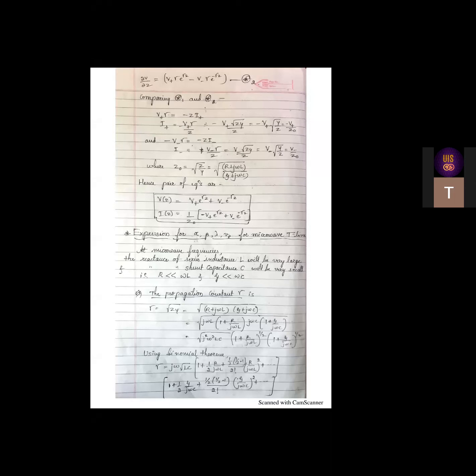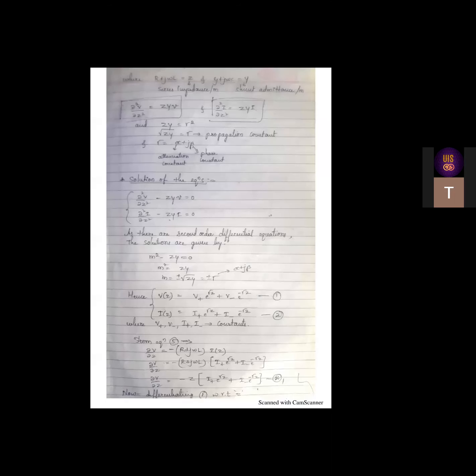In the previous discussion, we have seen how a transmission line can be represented in the form of a differential equation applying KVL and KCL. By making use of those equations, we used some mathematical modifications. We did differentiation with respect to t, with respect to z, with a little bit of substitutions and all those manipulations. We got two equations, a pair of equations. You can see it on the screen. These two are the pair of equations we got.